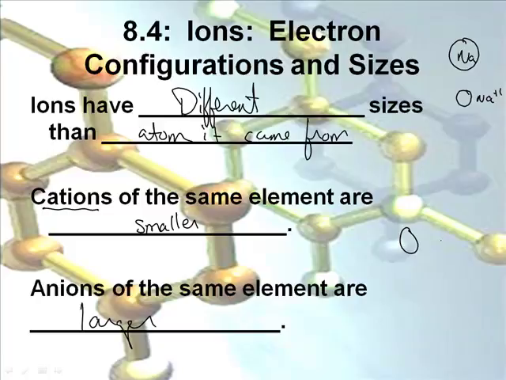So let's say I have nitrogen, and then I have the ion of nitrogen that's most common, the nitride ion. It would be much bigger. So in this case, you've got your analogy with the babysitters. Nitrogen has 7 protons, and then you would have 10 electrons. So you've got 7 babysitters trying to hold on to 10 kids, and that's a lot harder than 7 and 7. So that's how you can know that.